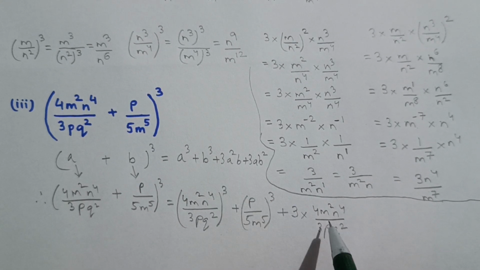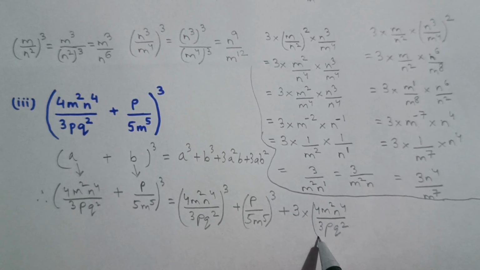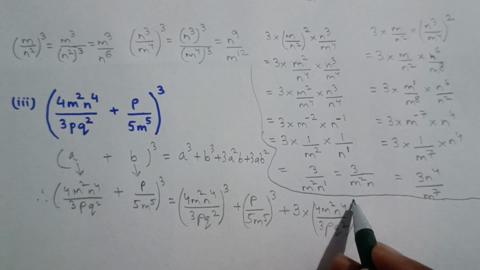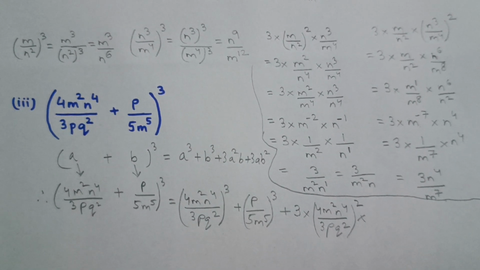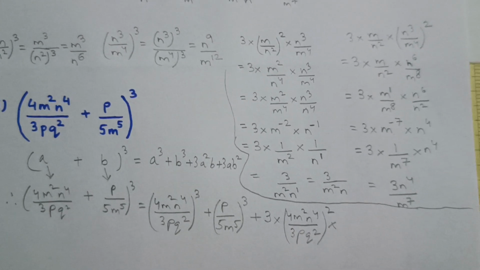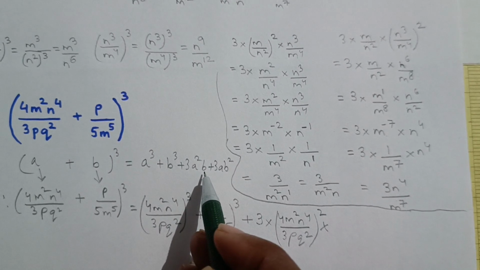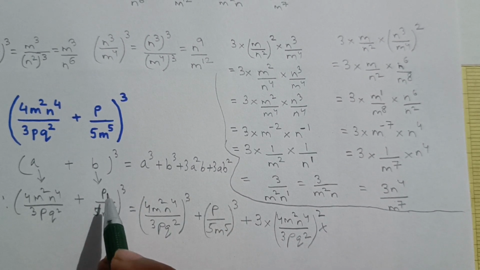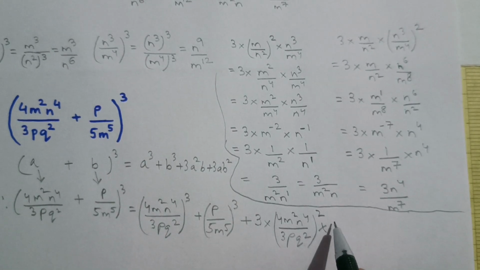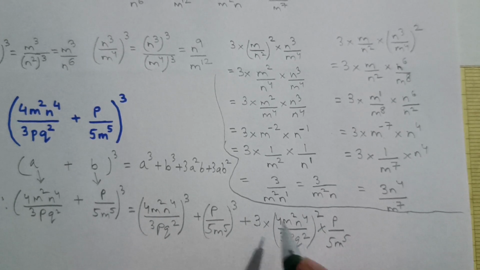Now a is getting squared, so this expression will also get squared, into b. Now b corresponds to this expression, so instead of b I will write p upon 5m to the power 5, plus